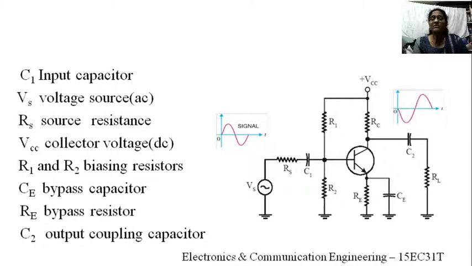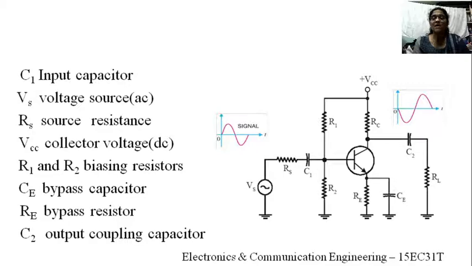Why do you need proper bias? This amplifier is used in the active region. The operating point of a transistor amplifier is fixed in the middle of the active region, right? So it is very important that the operating point should not drift or shift. Suppose the biasing is not proper, what happens? The operating point will shift.